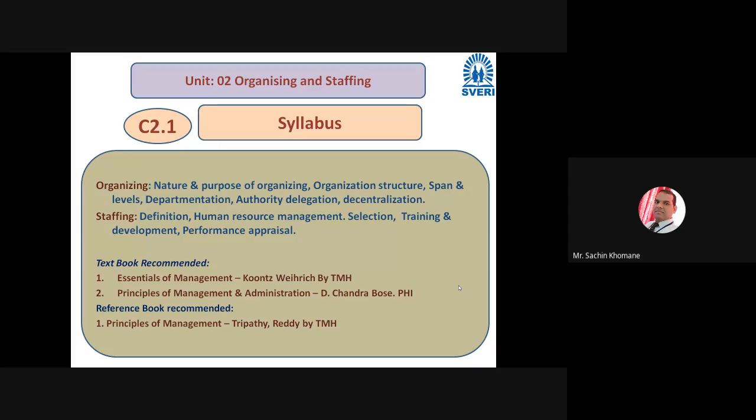So they have certain activities they perform, and then they come here and they recruit you. So that selection procedure, we don't know what is happening before HR comes to recruit. That we also have to see. Then training and development, that point also we have to see, because it is a function under the staffing. So training the employee, developing the employee, and a very important point, performance appraisal.